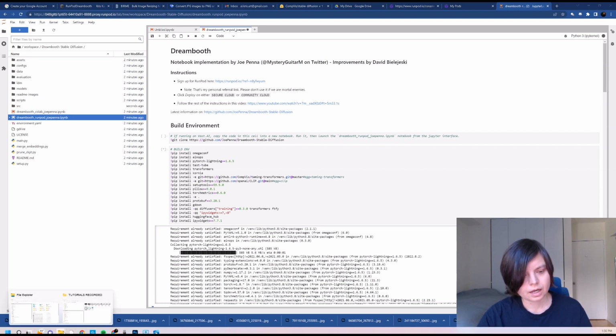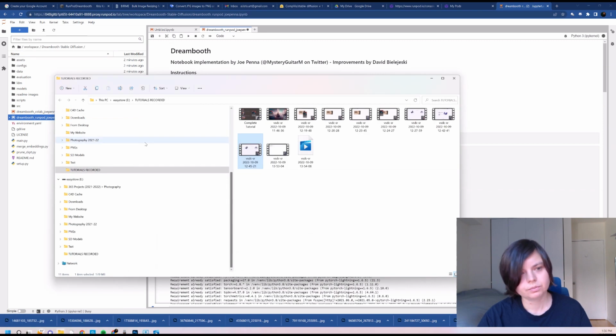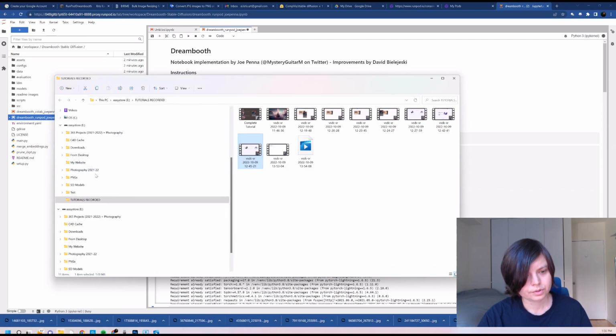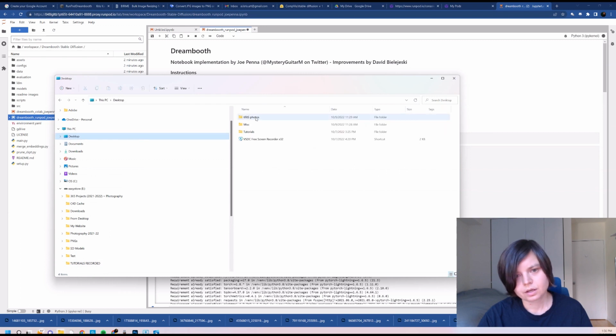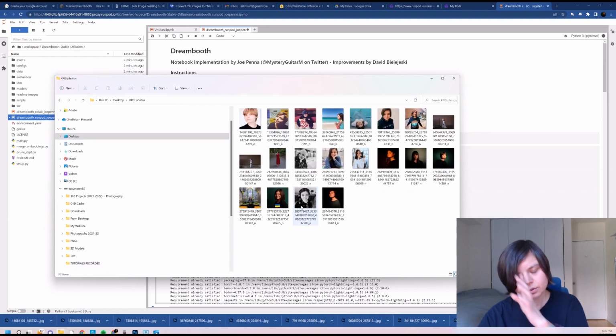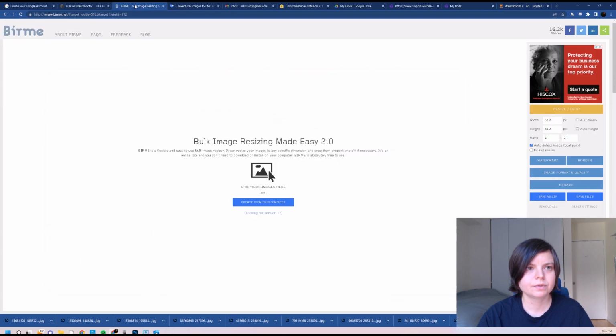So I made this folder on my desktop, let me just find it, called Chris Photos, and I put all the photos here. I just took them from my Facebook. They are all different sizes, as you can see, and we do need a very particular size, 512 by 512. And to do it really quickly, there is this amazing website called beerman.net. It's completely free of charge, and you can just